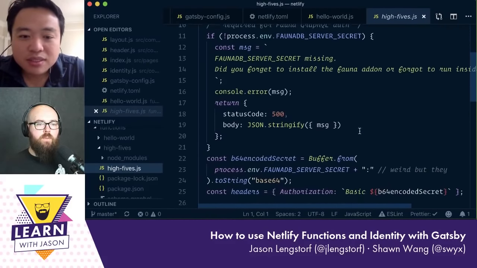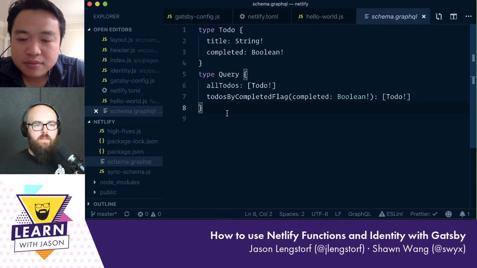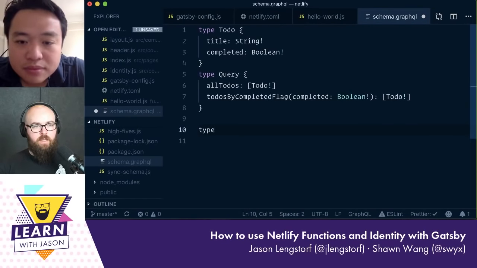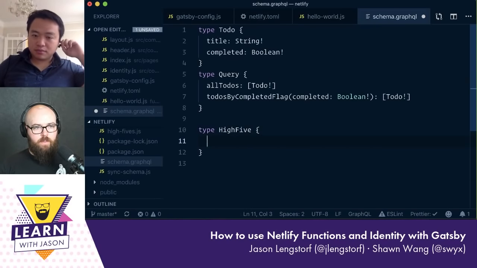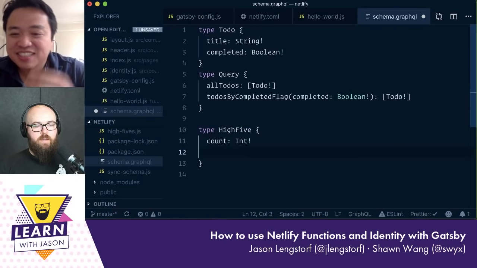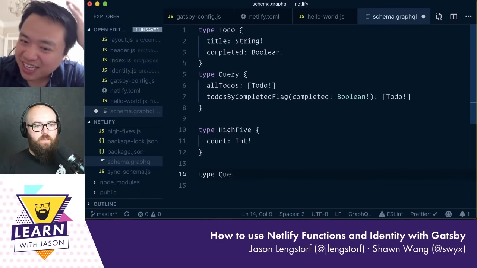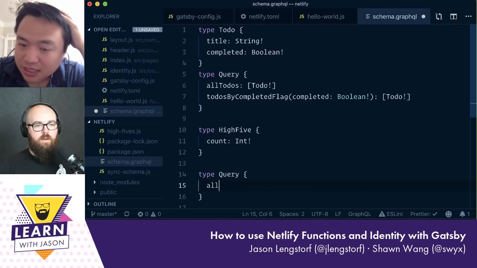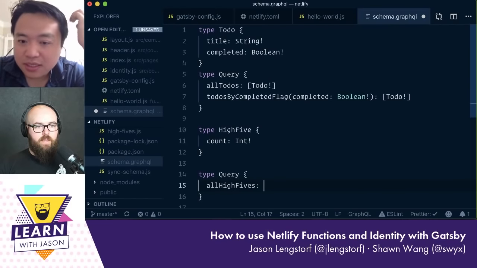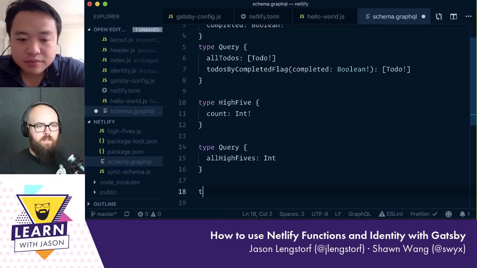Okay, cool. So if we want to track a high five, I'm going to start by saying type HighFive, and really we just need a count. So we can do a count, that'll be an integer, and that's required. Let's just leave it at that. We're going to do the minimum here. And then we'll need a query, and so we'll say get all high fives, and that's going to return an integer. And then we need a mutation,